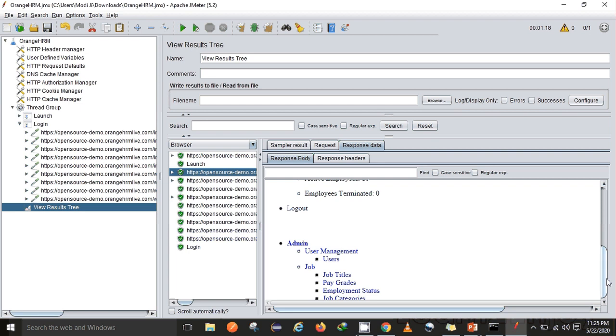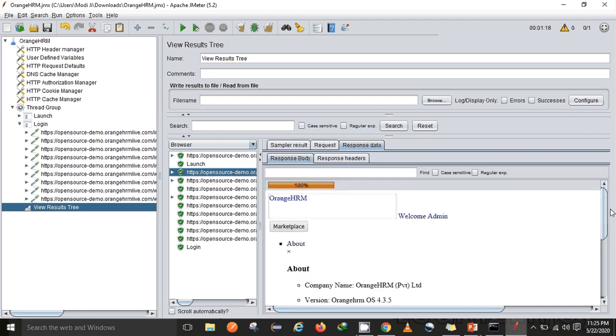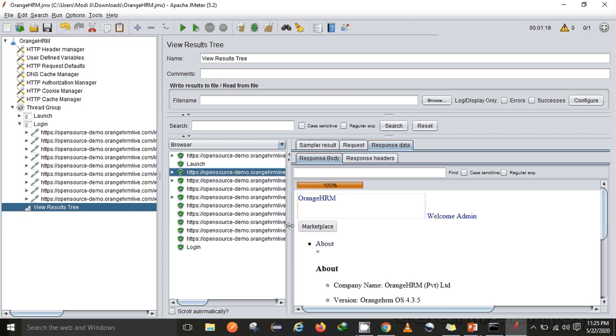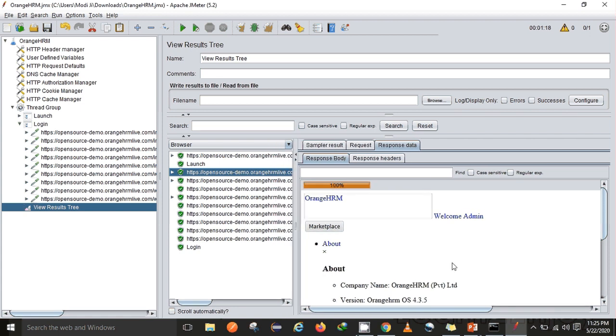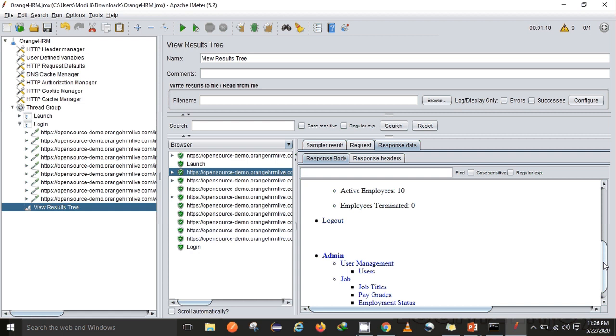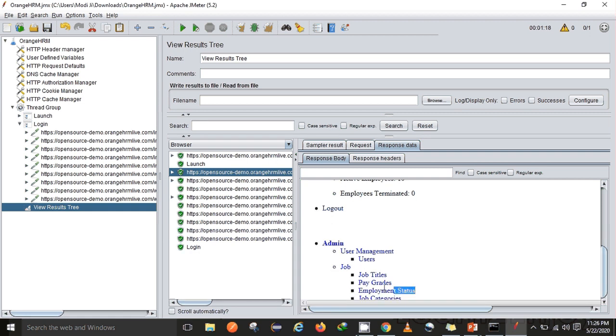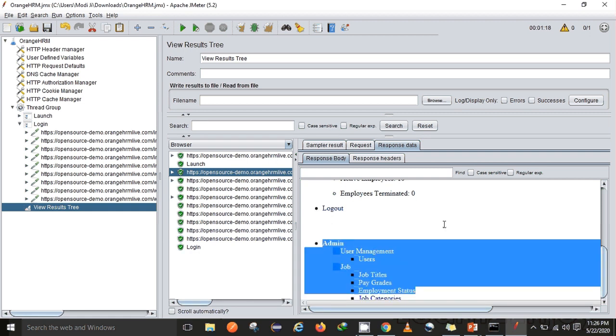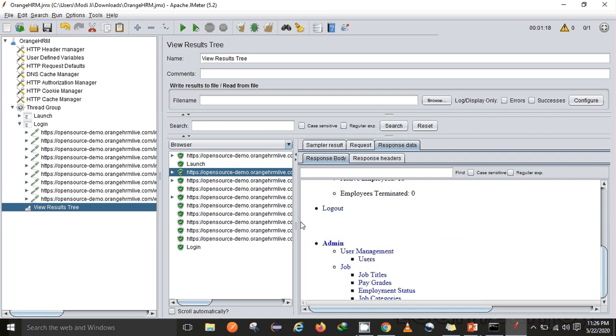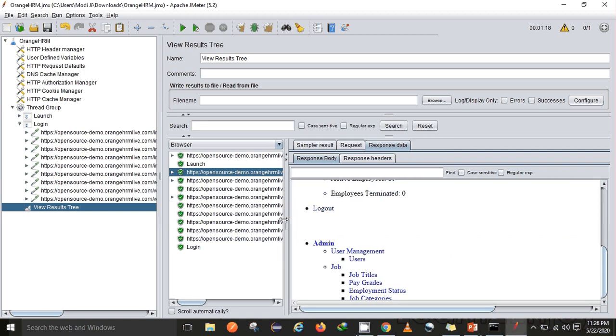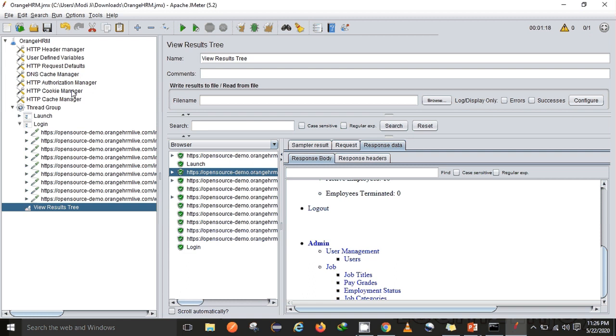So this is how our web page looks when a user logs in, but here we are missing HTML, CSS and JavaScript. Not to worry, we can confirm that the user has been logged in with the help of this text which says welcome admin. We even have a logout option, and we have different tabs over here. Okay, fine.